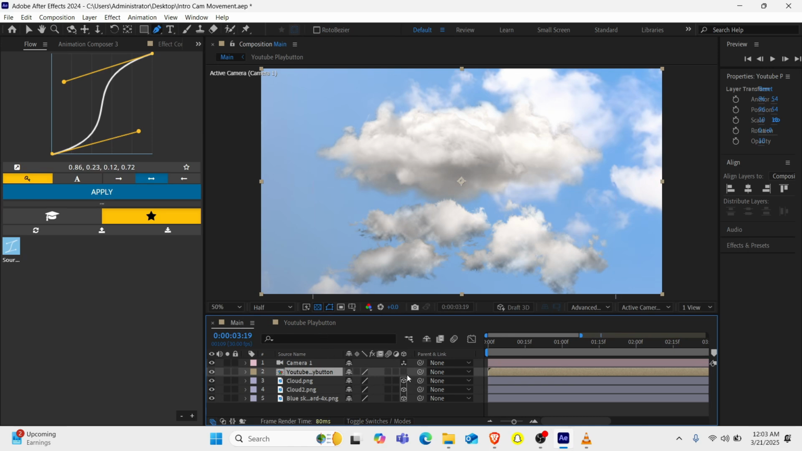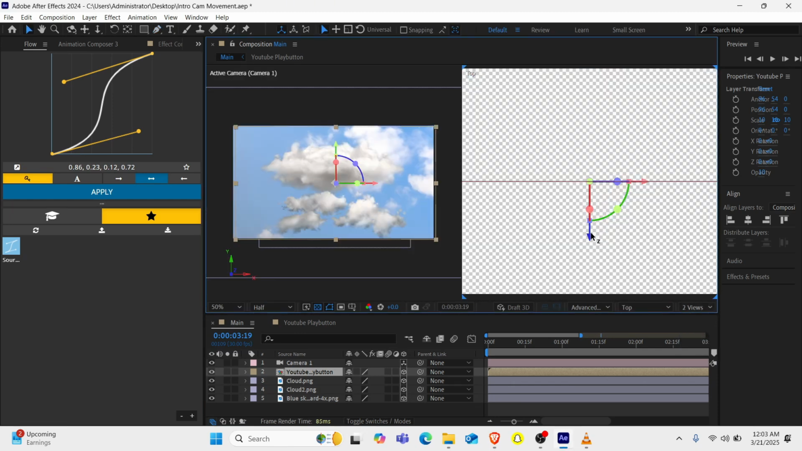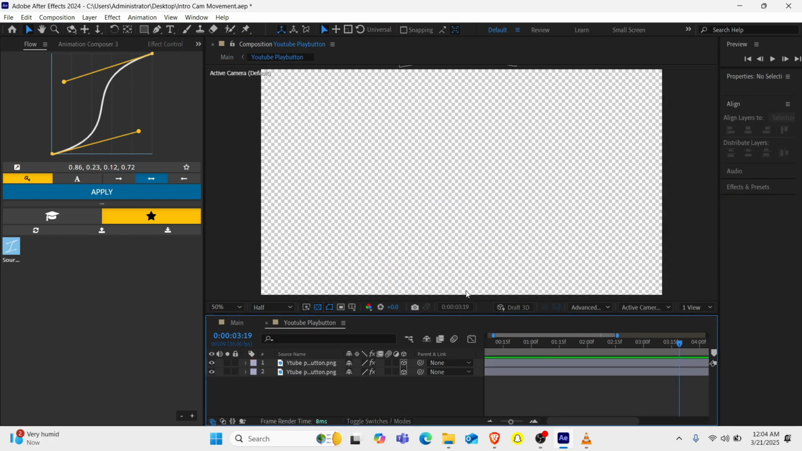So I'll go to my main composition, then I'll make this a 3D layer. I'll open 2 view like this, then I'll have to bring it forward so that it can be viewed on the camera. So like this. If you see that it's not working, what you have to do is go back to